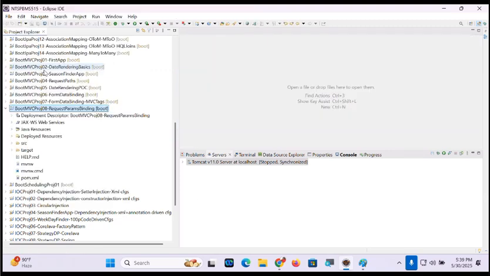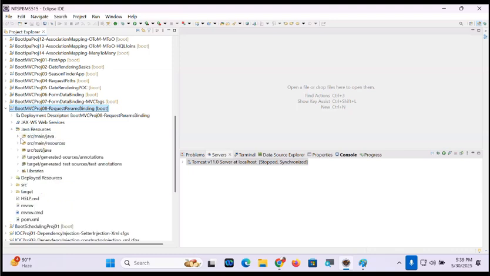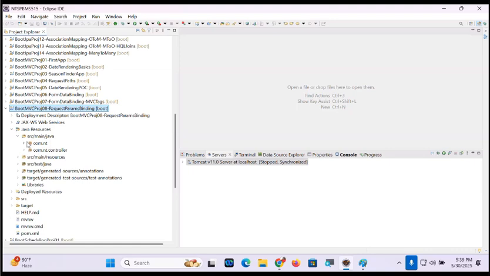Close all editors. Are you getting my point or not? Super. Request params binding.